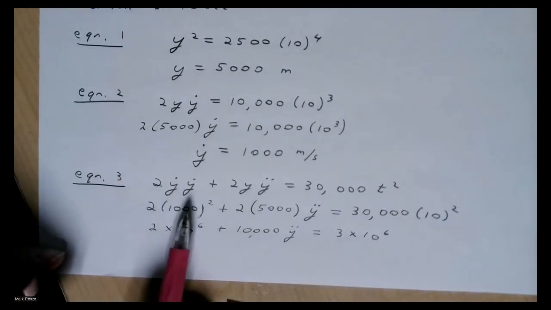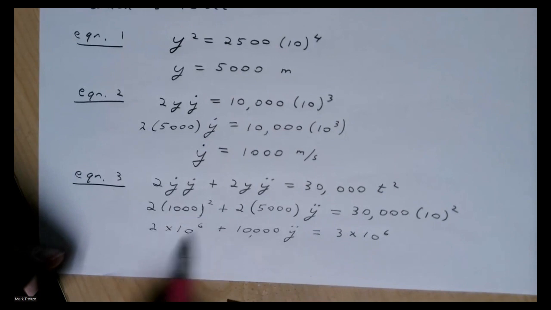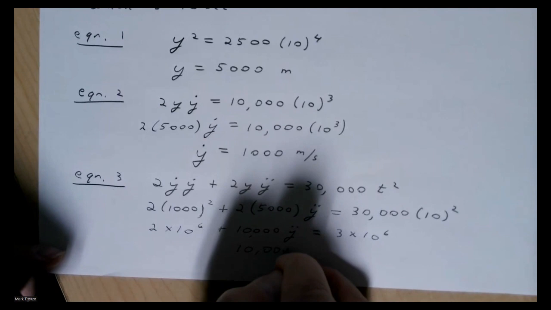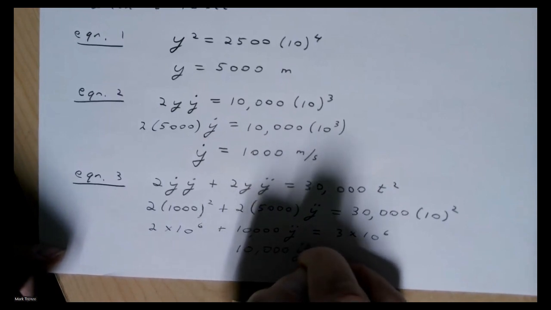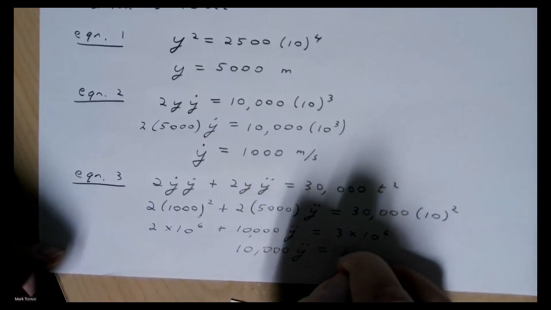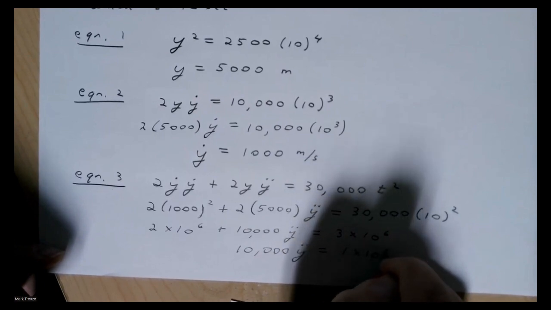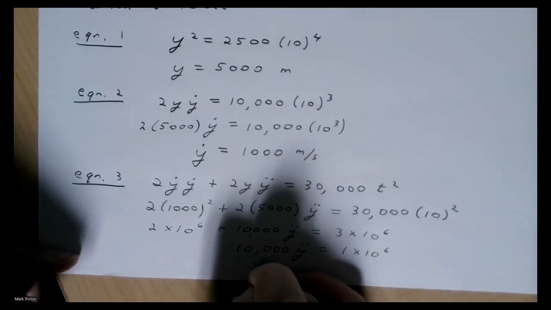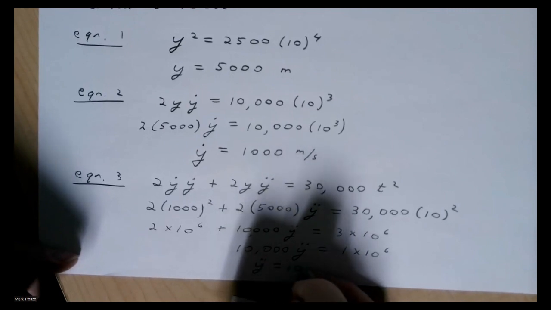So we could actually subtract this from this, and that looks like that's just going to be 1 times 10 to the 6. Then y double dot is going to be 100